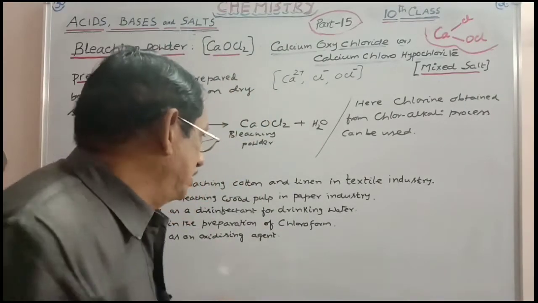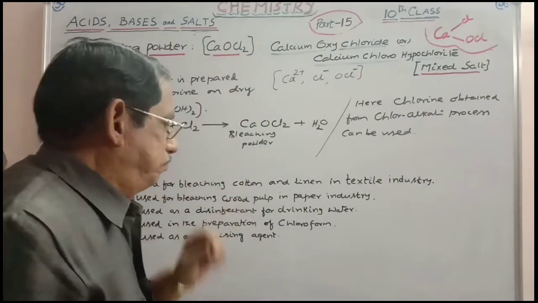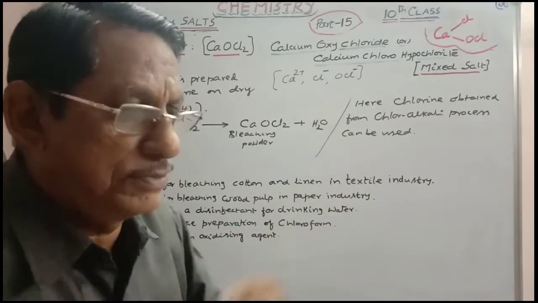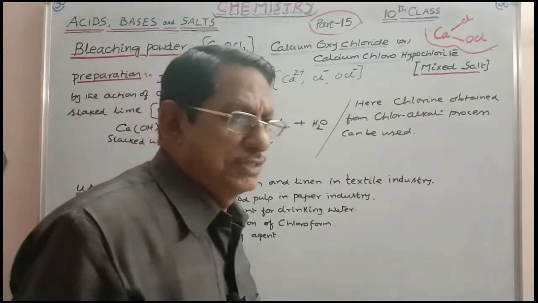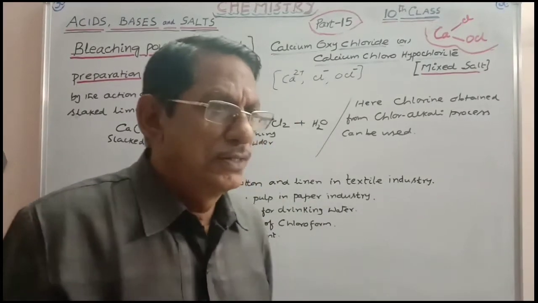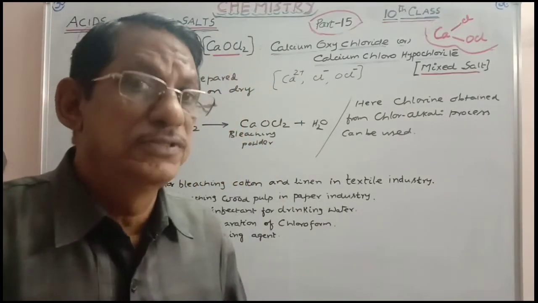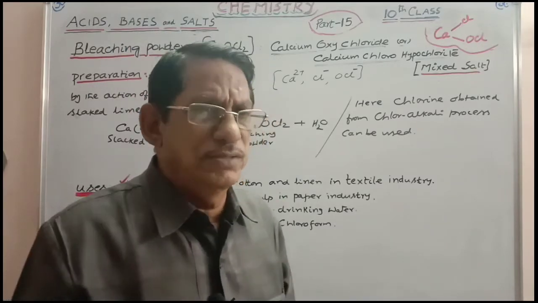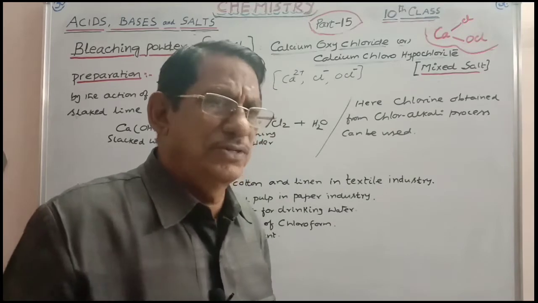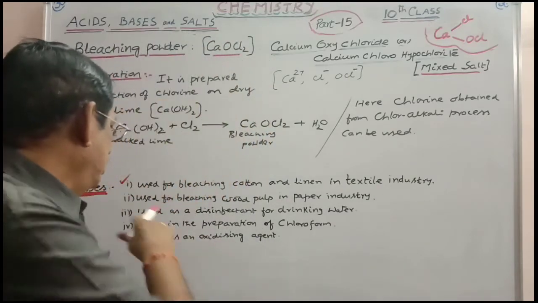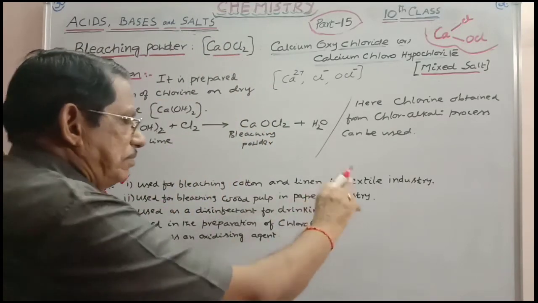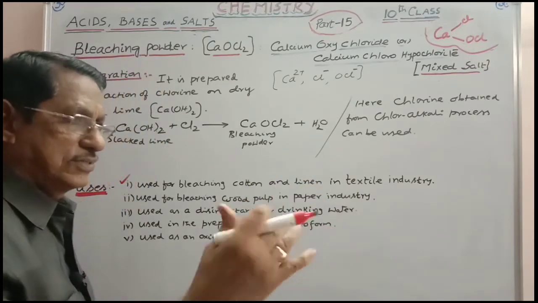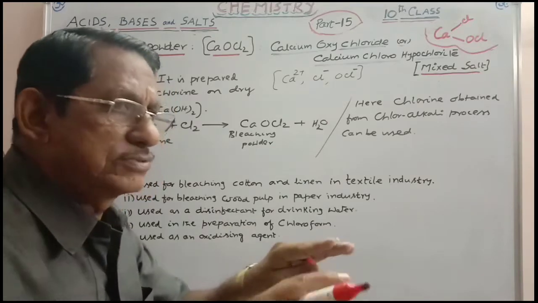So here, in this case, bleaching wood pulp, if you want to get white paper from it, whatever colored matter is present, that is to be bleached completely by using bleaching powder. You can bleach it, or sometimes you can use sodium hyposulfite. Like this you can use. So here, bleaching wood pulp in paper industry, bleaching action you have to know. Removal of colored matter from the substance is nothing but bleaching, thereby that becomes colorless.